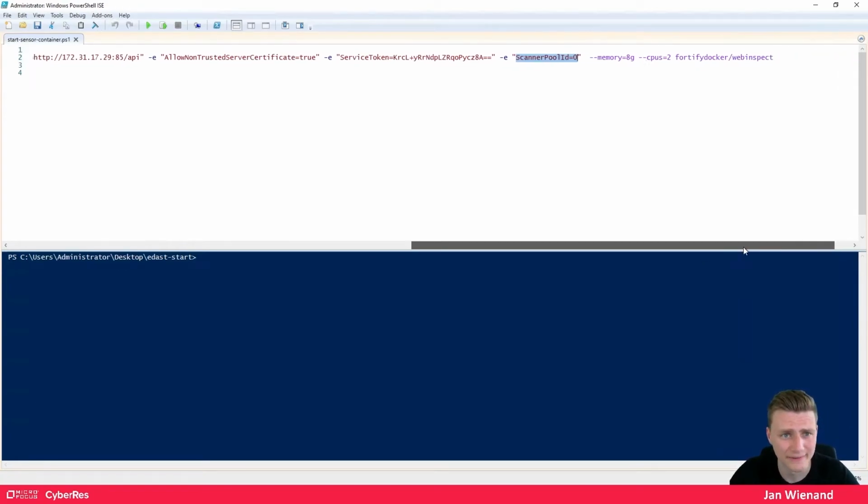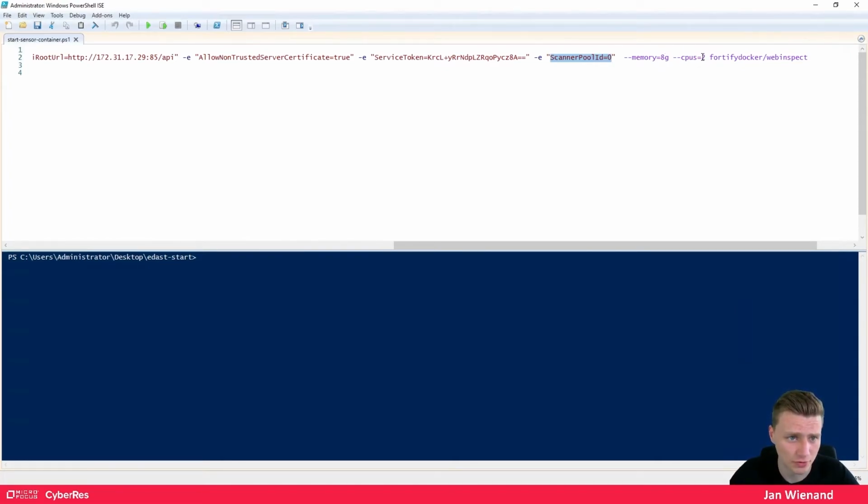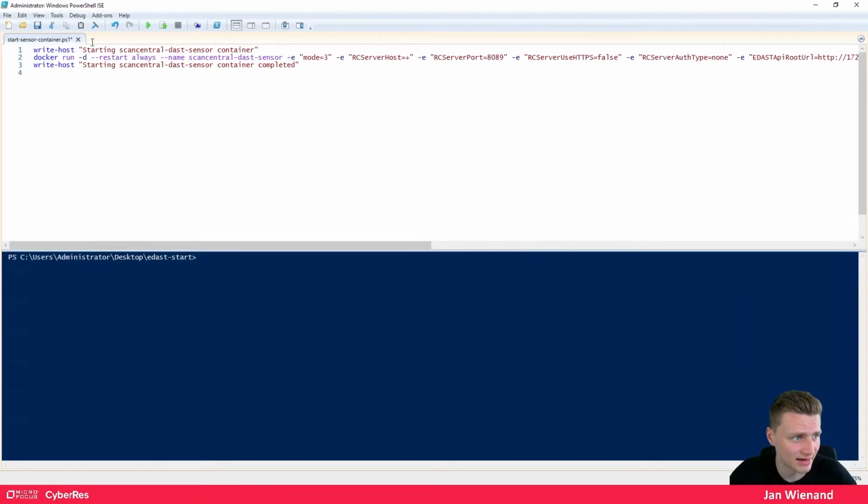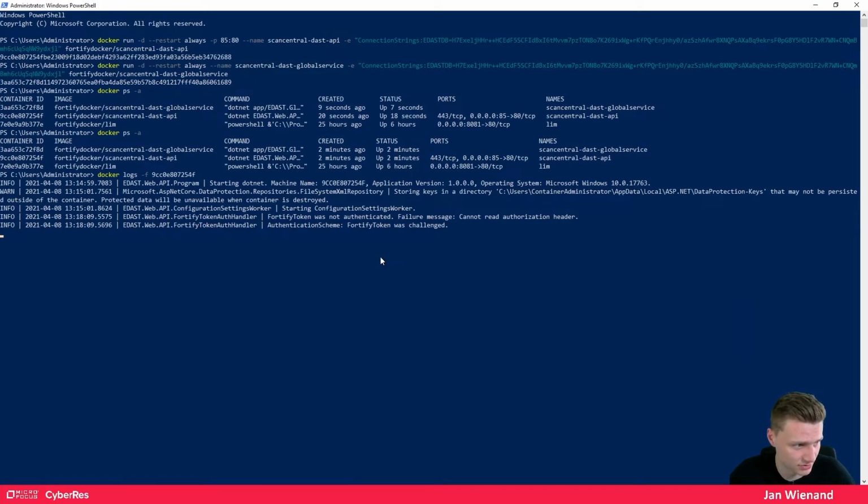Important to know here is that the default values for memory and CPU are 8 GB and 2 CPU cores. That's not enough. So this is actually a feature that is not implemented yet, but you need to change it to maybe 16 and 4 in this case. And you also need to make sure that this is fortifydocker/webinspect. And after that, I can copy this